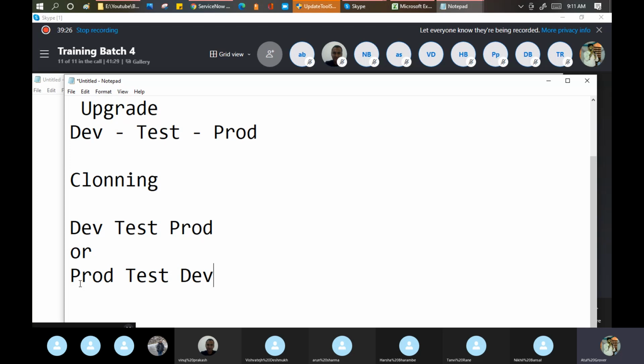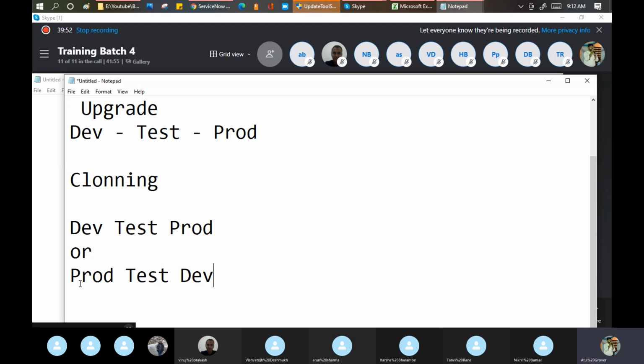I'll tell you a practical scenario. I see this experience in a lot of companies where I work. Suppose multiple teams are working in ServiceNow: incident, change, problem, request, knowledge, multiple teams working in my instance.